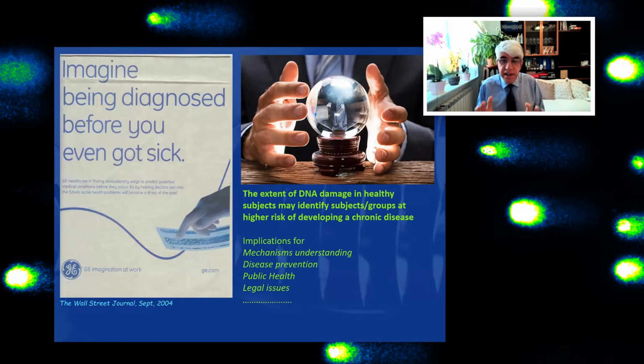And a positive association between DNA damage and the long-term risk, expressed like mortality or cancer incidence, may have important implications for disease prevention, for public health policies, occupational and environmental health policies, but also for